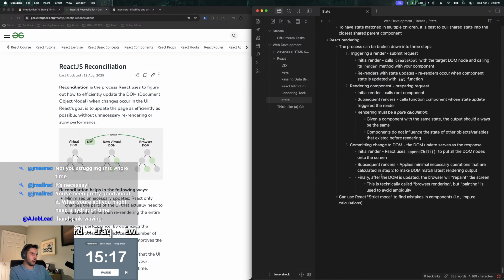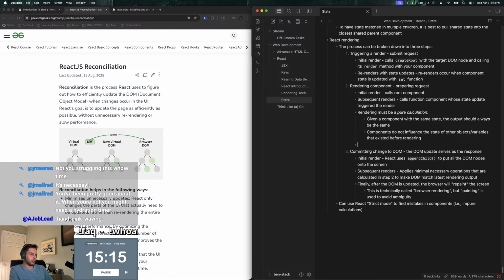So this is for the rendering component, right? Uses reconciliation algorithm to make efficient render to derive